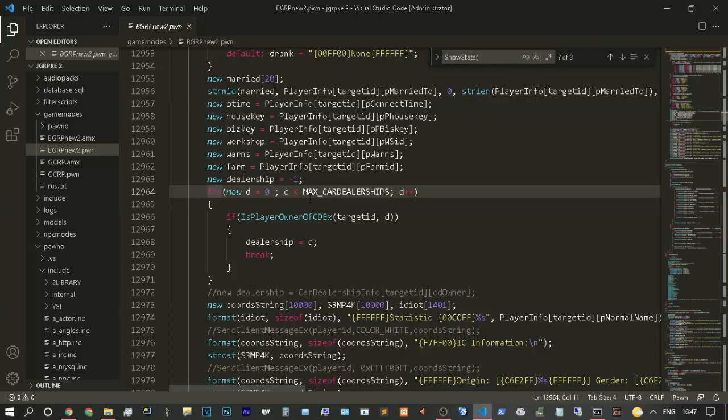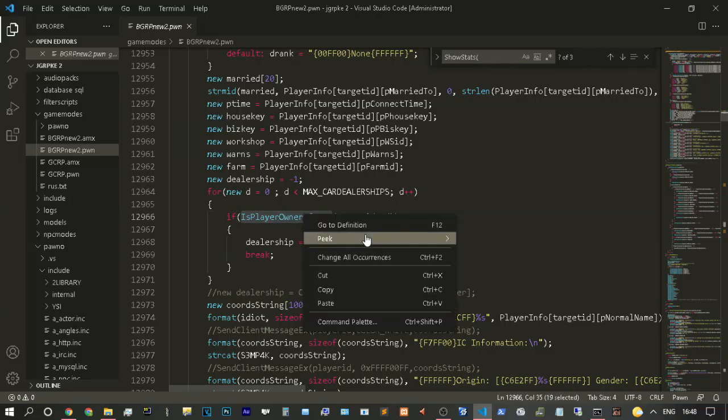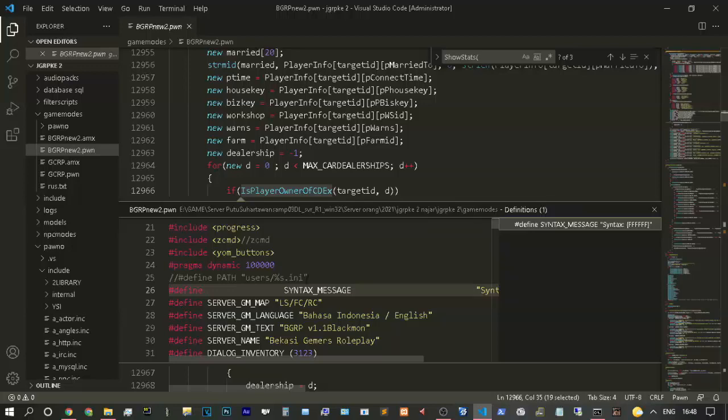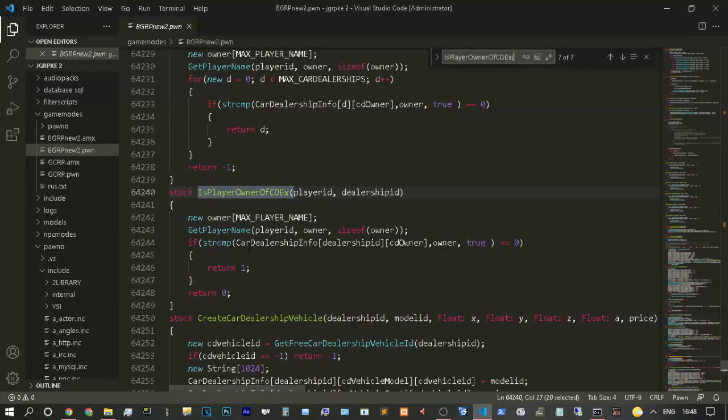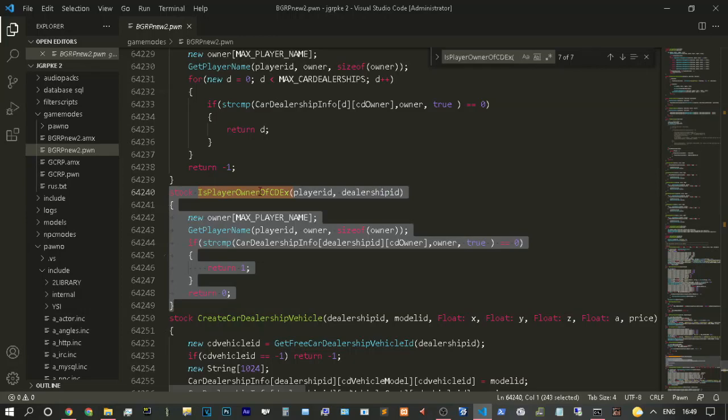So if they are using a D and they are owner of a car dealer, we can pick this definition to show the dealer and get the player name. If there is an owner, and the car dealer owner is true, it will be written. But if not, it will not be written or just stop at this function. We can copy this sample,